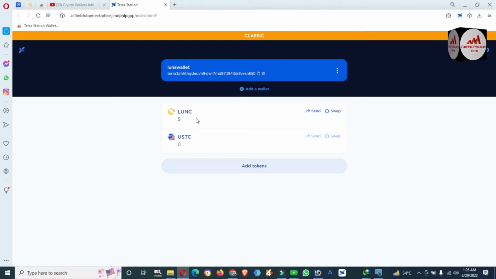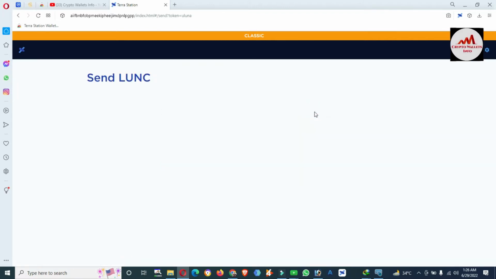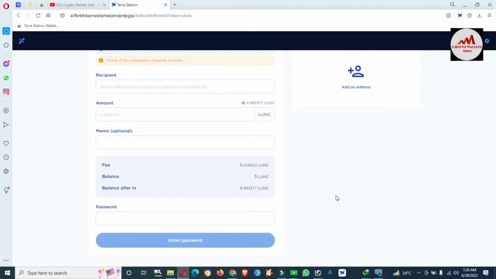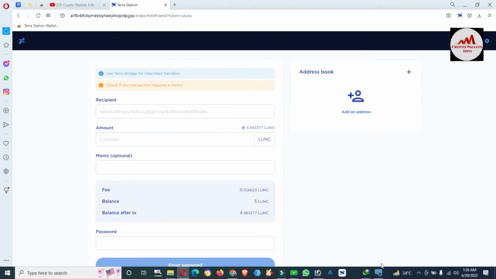Now 5 Luna Classic is shown in front of me. I'm going to withdraw this Luna Classic to my Terra Station. This is simple and easy. First I need to click on the send button, you can see here, and then the Send Luna Classic tab will open in front of me. First you need to paste the recipient address, after that the amount, and after that the memo if the wallet requires it. So I'm going to open